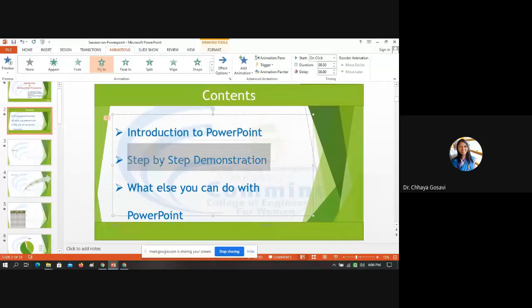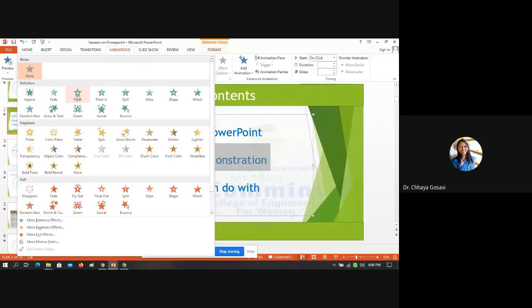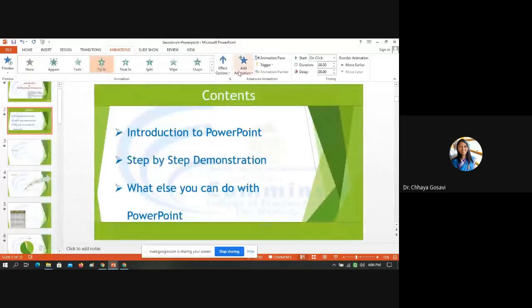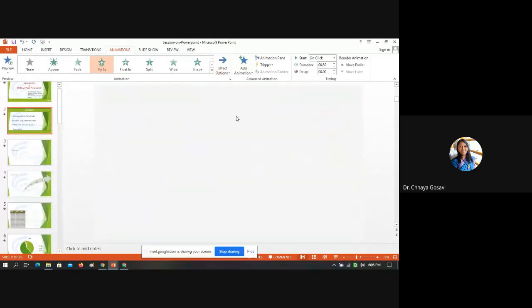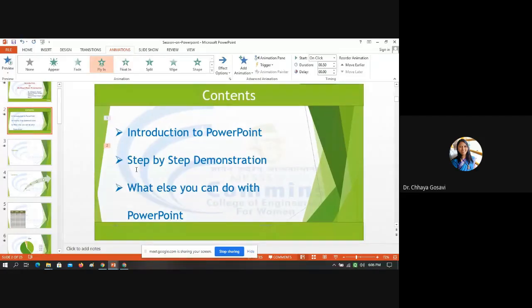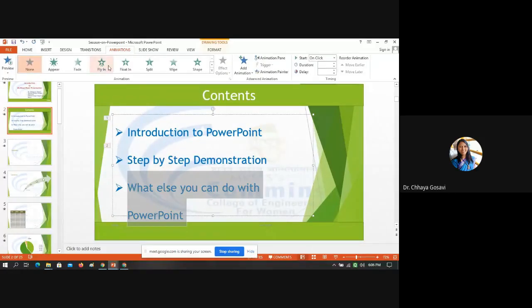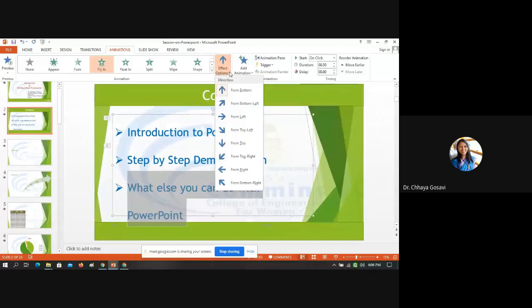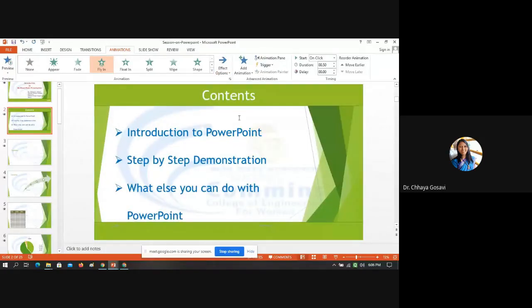Now for the second, again I want it to appear from left. So go to the effect and choose from left. For the third sentence, again I'm using the same thing, from left. Now here you can see the animation pane.